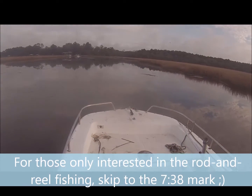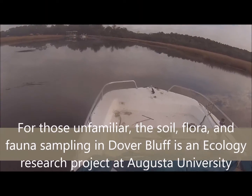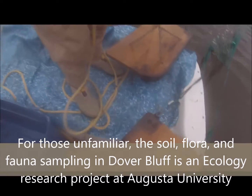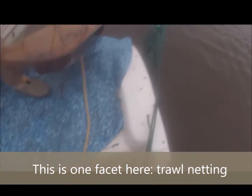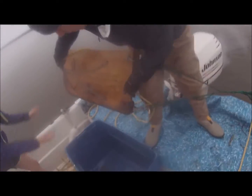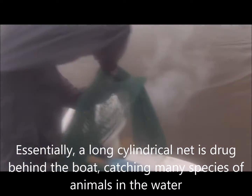If you're only here for the rod and reel fishing, go to the 7 minute 38 second mark, alright? Because from now until that 7 minute 38 mark, what I'm going to show you is what we do for the research project down here. Essentially, we're involved as part of Augusta University in doing an ecological assessment of the community to determine the